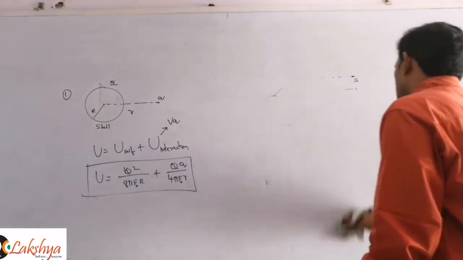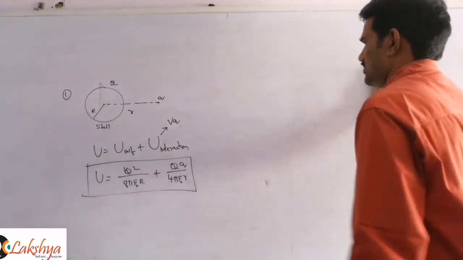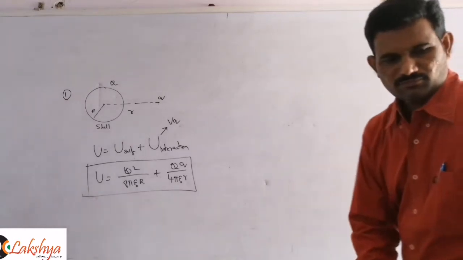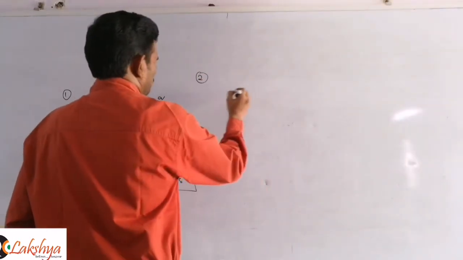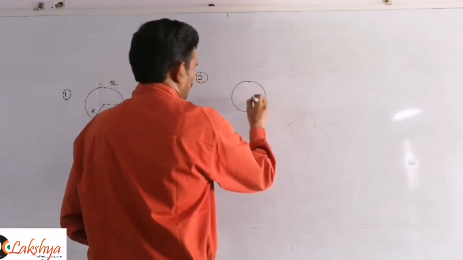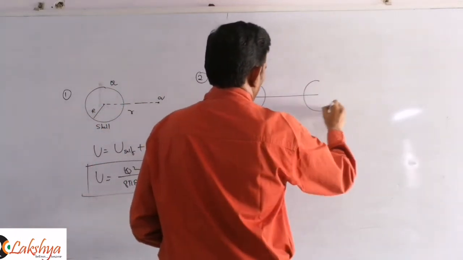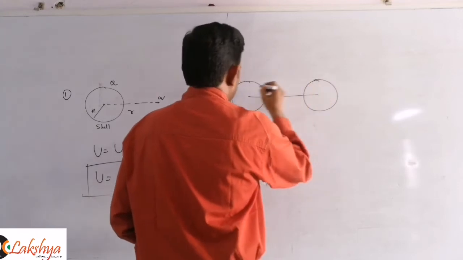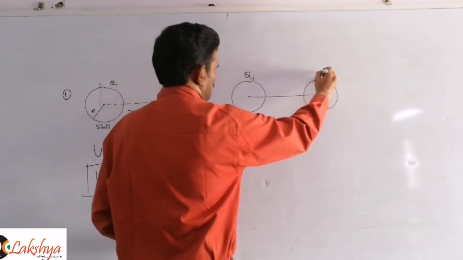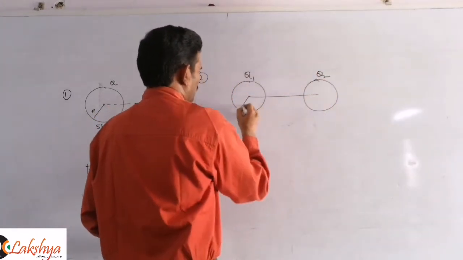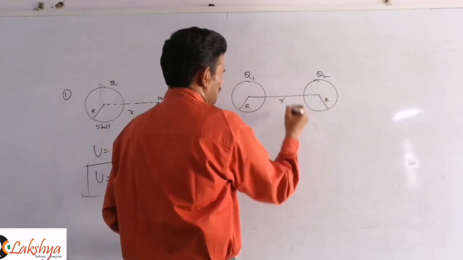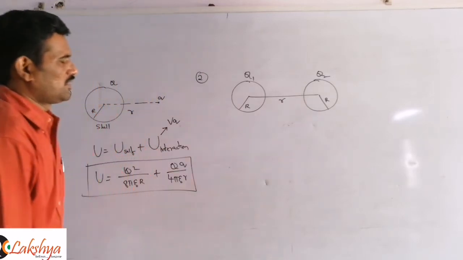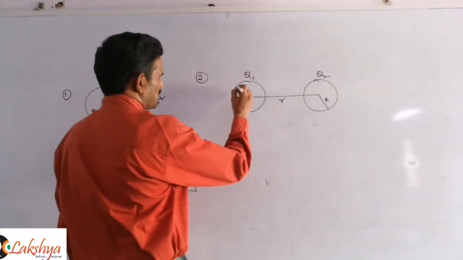And let us take some other examples for these combinations here. This is one example. Just like, I am taking another example. So that means this is, say, charge Q1 and this is Q2. This is a radius R and this is also radius R, and both are separated by some smaller distance, for example. And now this is a spherical shell